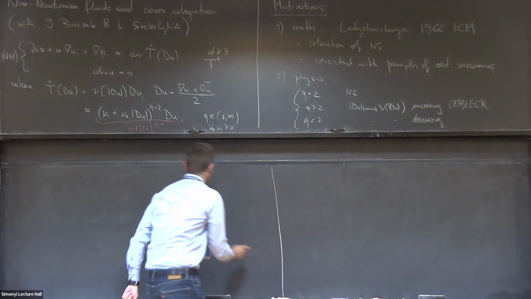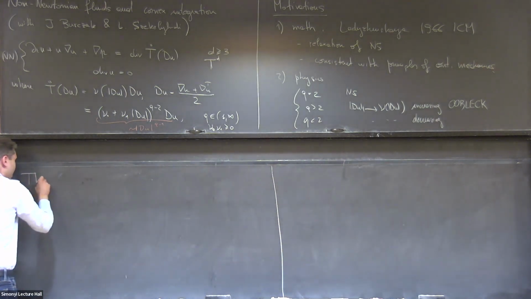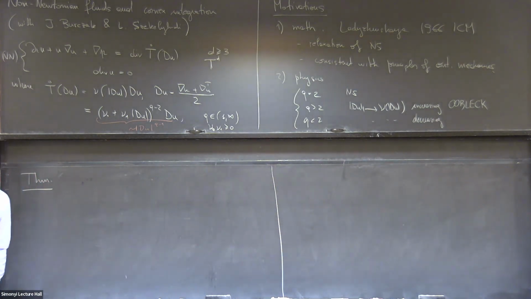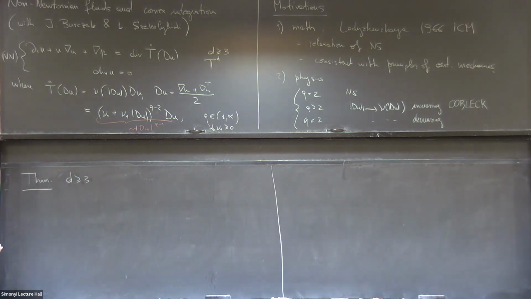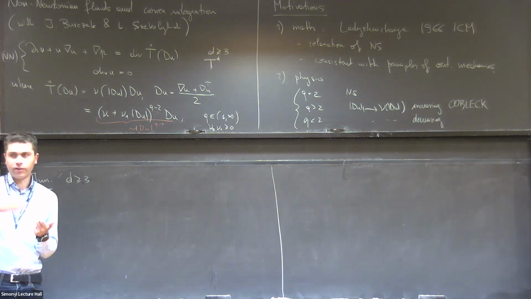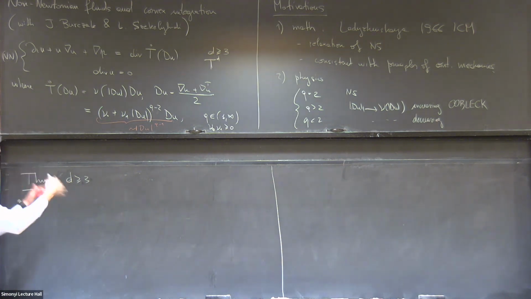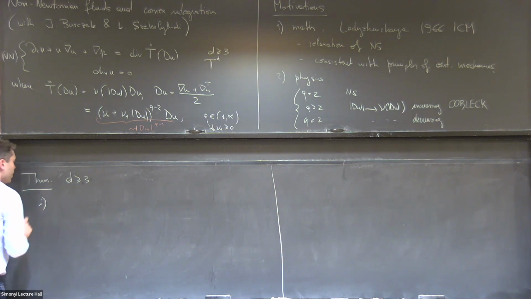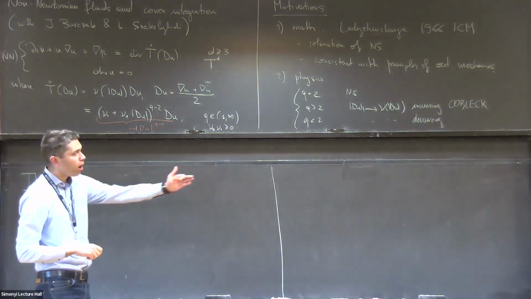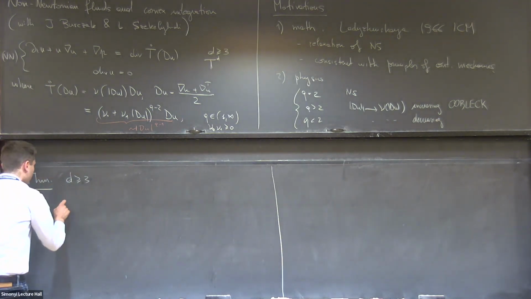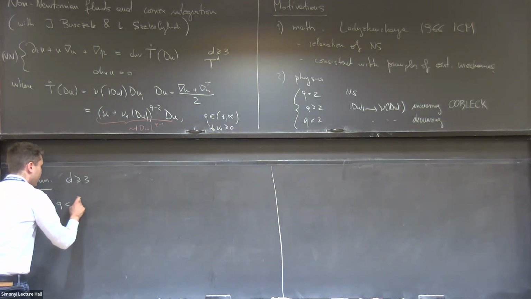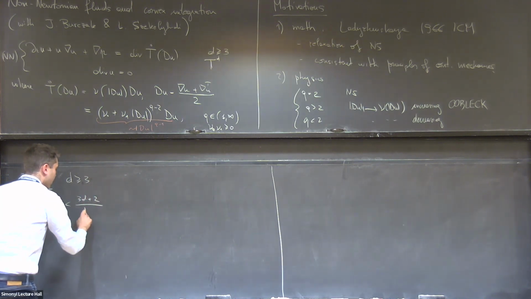So this is the theorem that we have proven. As I said, in dimension d bigger or equal than 3 and periodic boundary condition, the theorem has actually 3 statements, but I will just state them in a single theorem. The first one is that if we are below the scaling exponent, so for q less than (3d+2)/(d+2),